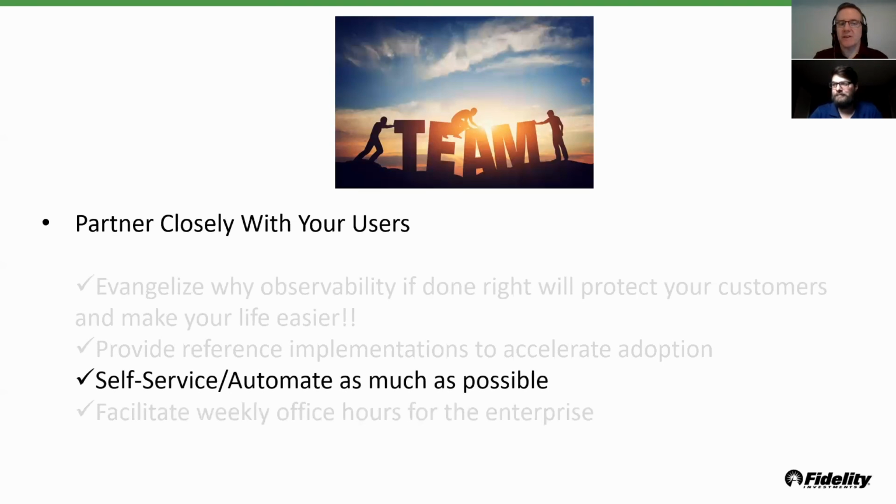Self-service and automate. Pete's already talked about the self-service piece. Really important. At the end of the day, the application development teams and engineering teams, they don't wake up in the morning and the first thing they think about is observability. And that's fine. They have to focus on delivering business functionality for their users, but we want to make it as easy as possible for them to consume and use our services. And that's where self-service is really vital. And that's really what you think about when you think about operationalizing and productizing a service.